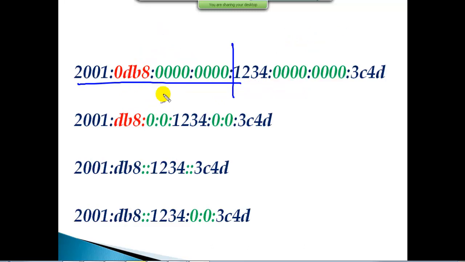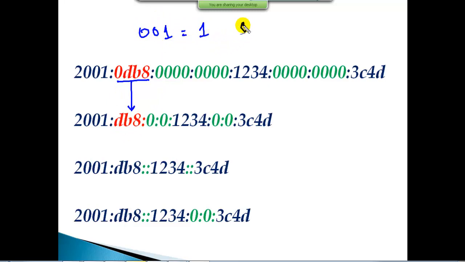The next thing, we can even make our IPv6 address a little bit shorter by reducing the number of zeros into a single 0. So let us see here. Now 2001 we cannot make it 21, so it has to be 2001. But if you have 0db8, now we can simply write it as db8. So let's say if you have 0001, then we can simply write it as 1, because anyway 1 is going to represent 0001, since in total there are 4 digits in each portion. Now if I just write 1, the device will automatically understand that it is 0001. So in that way you can ignore the leading zeros, no need to write them.